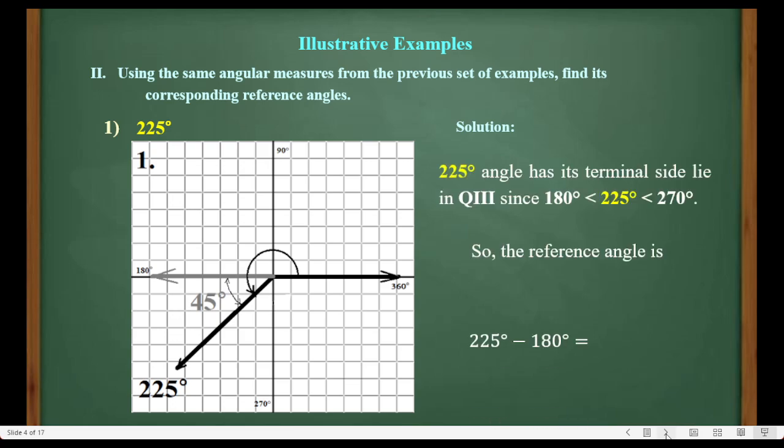Okay, so for number 1, the reference angle is 45 degrees. So that is 225 degrees, the given measure, minus 180 degrees. And this is the answer. This is our reference angle. Okay. Now for number 2,